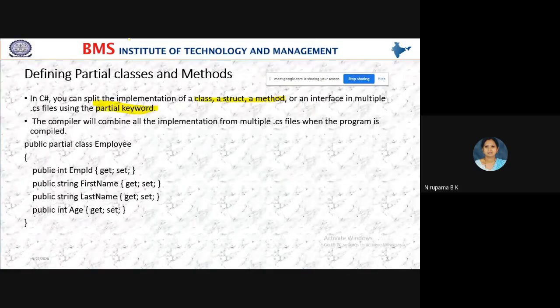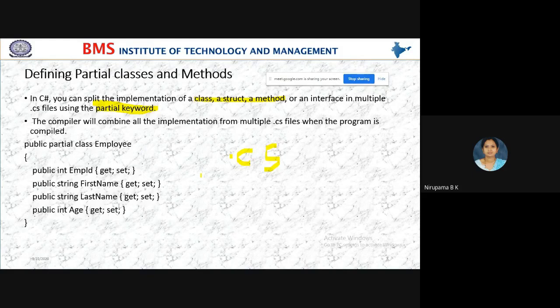Yes, students, when you create your C# program, it will be stored with a .cs extension. If you use a partial class, you can save your program in different .cs files. That is with the help of this partial keyword.